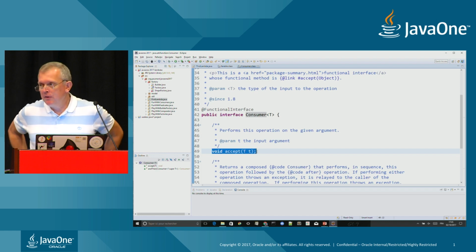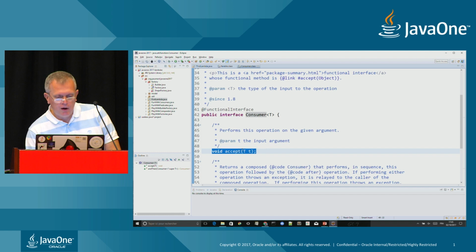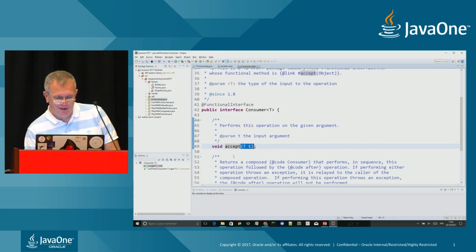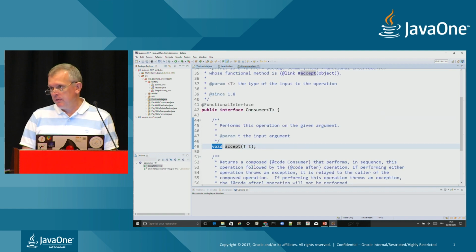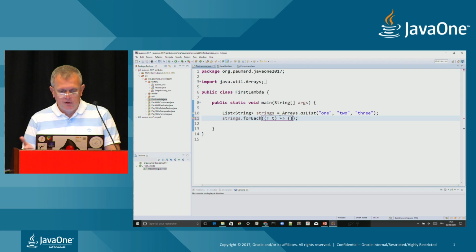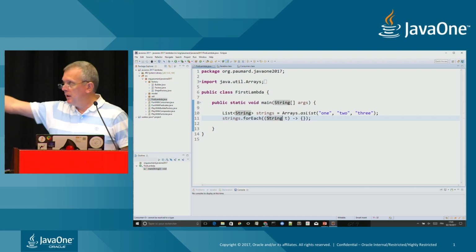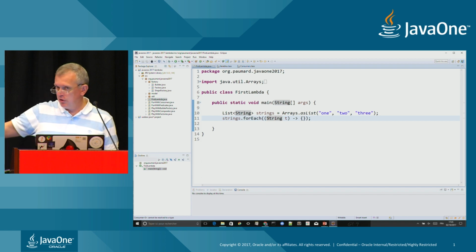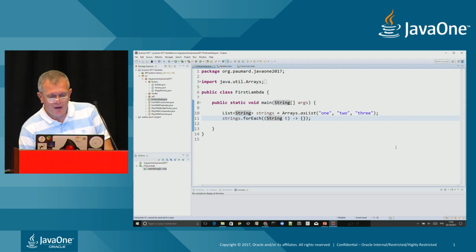How can I implement this abstract method using a lambda? Well, as we saw in the slides, I just need to copy-paste the block of parameters. Let me do that. Draw this little old-fashioned arrow-like ASCII art, and return void. So if I just want to return void, I can write it like that. This is a block of code that returns void, so at least it should compile, as long as I say that this T is in fact a string. And indeed, this code does compile. The lambda I just wrote using this method is an implementation of the Consumer interface. Of course, it doesn't do much,